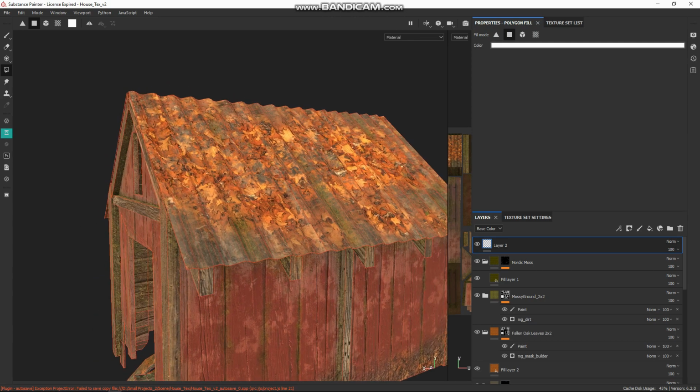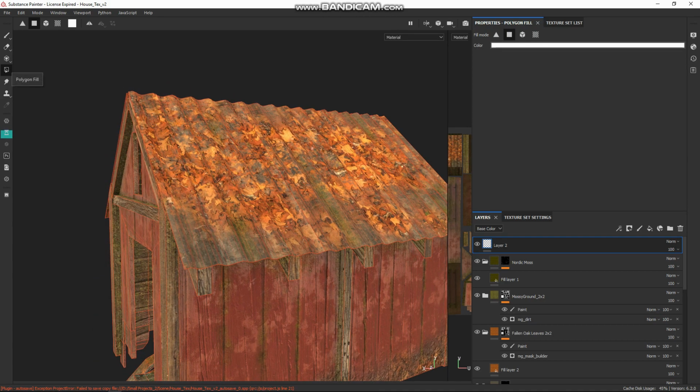properties, is it called properties or polygon fill? But first you need to, okay, before I jump on that,